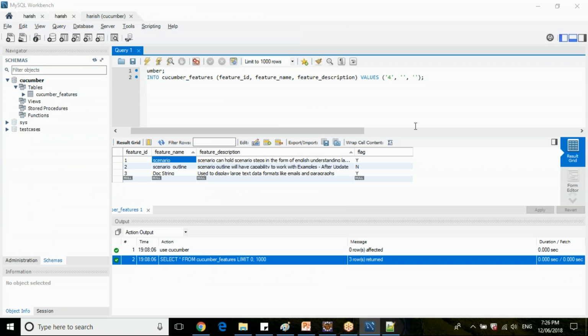Any other feature or topic that you know in Cucumber, guys, which we have discussed in our earlier sessions? Or you can tell some of the runner class options as well.